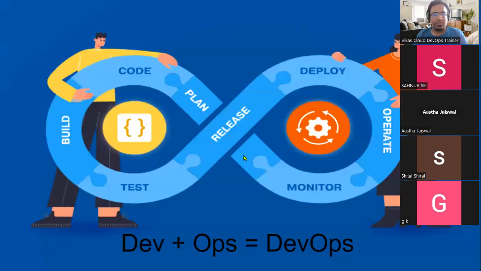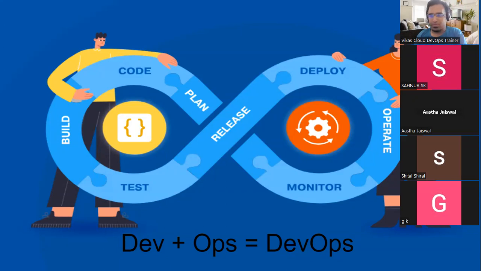When did the DevOps word come into the picture, and how? Simple. If you see this, two different teams are available: the development team and the operation team. Some part is from the development category, some part is from the operation category. The first three letters from development were picked up, the first three letters from operation were picked up, and they were combined, and the new keyword became DevOps. Clear how the word came into the picture? DevOps. Yes, sir.